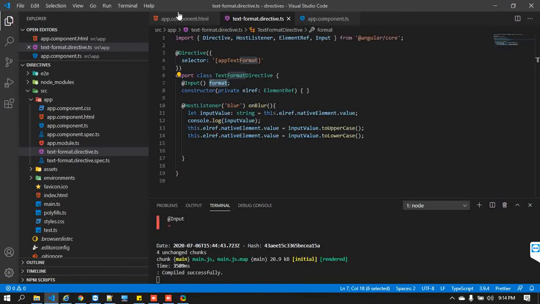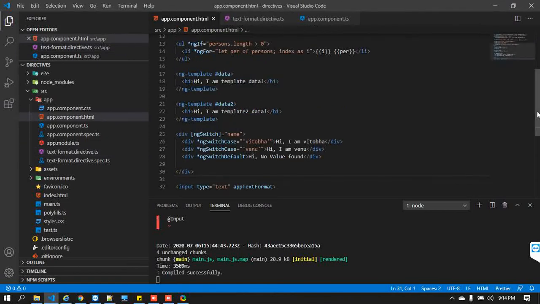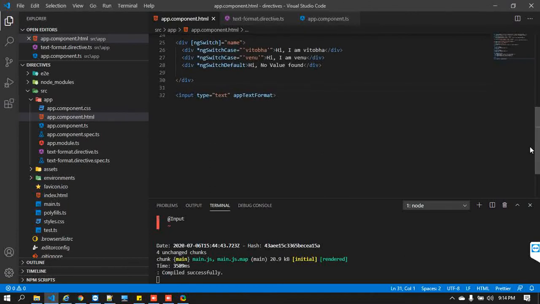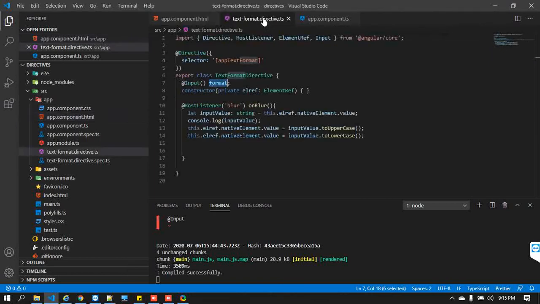Okay, so at this moment you have included this directive, right? So this directive inside this, right? So now you can even directly use this respective property inside this, because since you have used this directive here, you can do property binding of that respective directive. There is no doubt at all. Okay, so instead of that you can do one more thing. It's very simple, guys. So this format is my input field, right? So you can give one name, an alias name, you can give it. It's very simple.